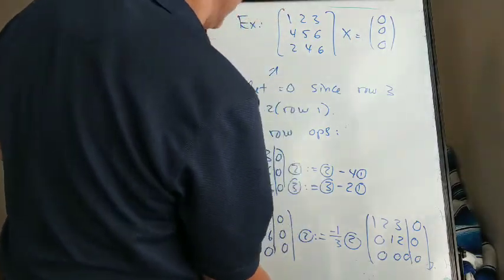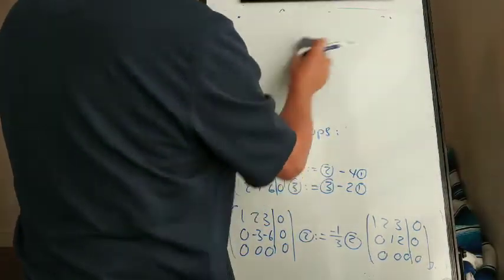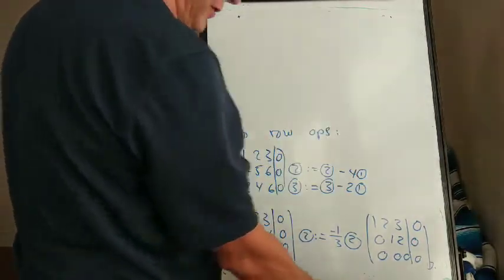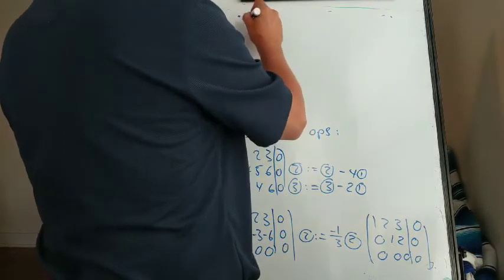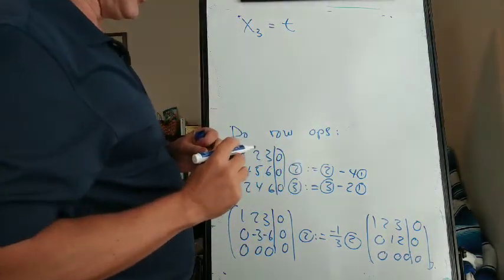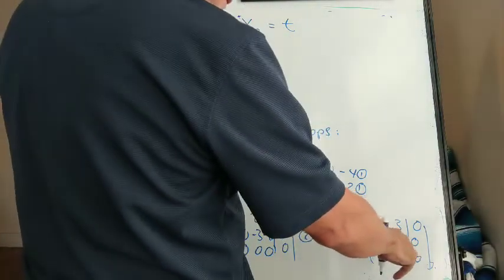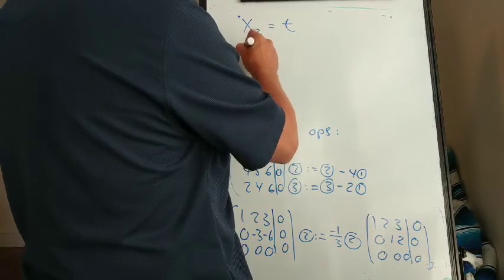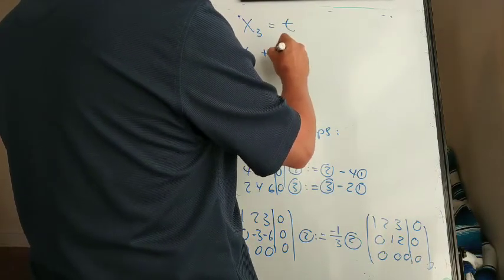Now if we solve that, each column corresponds to a variable. The third column doesn't have a leading 1 in it, so we let that third variable just be some dummy variable t. Then the second equation says that x2 plus 2x3, which is t, equals